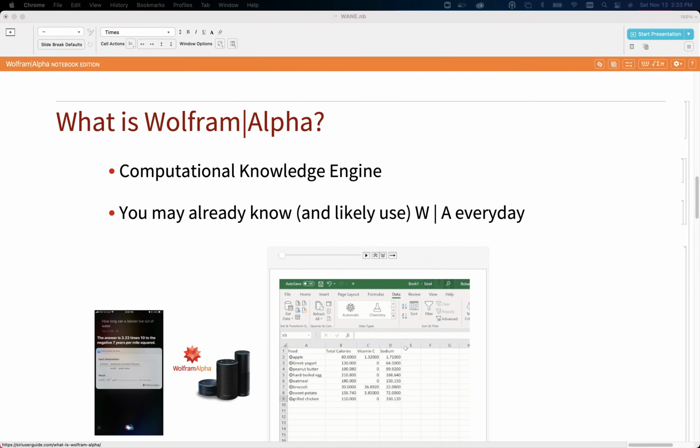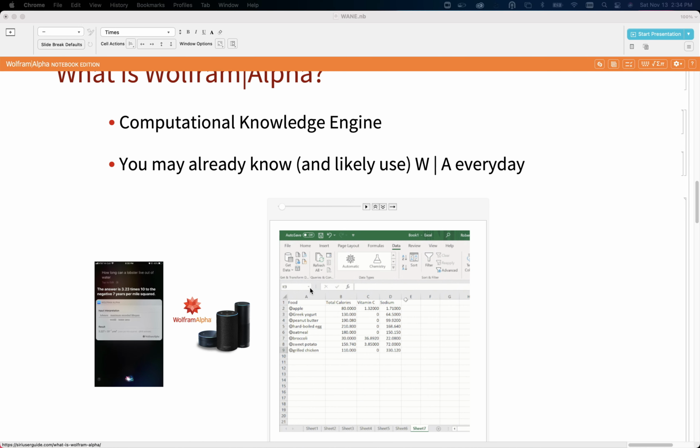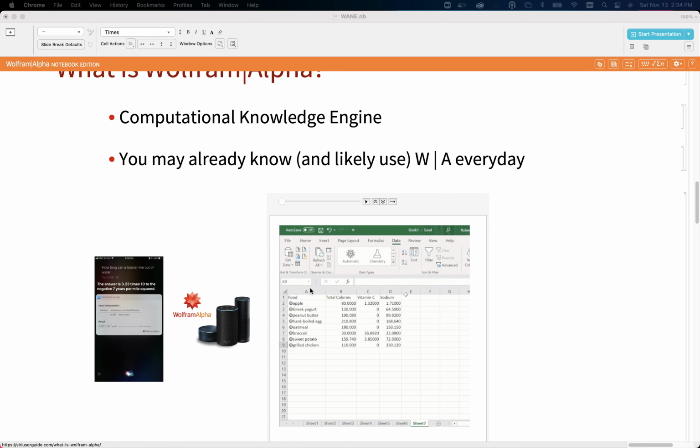One of the tools I'm going to demonstrate today is Wolfram Alpha. Wolfram Alpha is a computational knowledge engine, and the goal is to make the world's knowledge systematically computable and accessible. This technology drives the world, and I believe most of you might have used Wolfram Alpha knowingly or unknowingly in Apple Siri, Amazon Alexa, or in the most recent releases of Microsoft Excel, as all of these have our technology built under the hood. So if I look at Siri, for example,